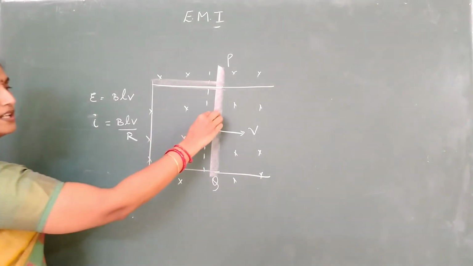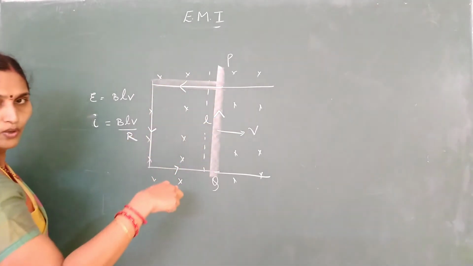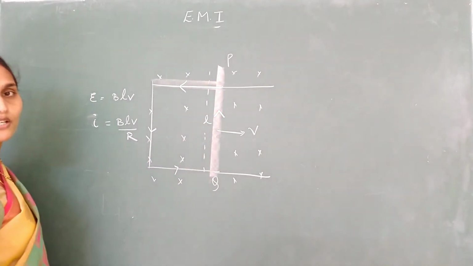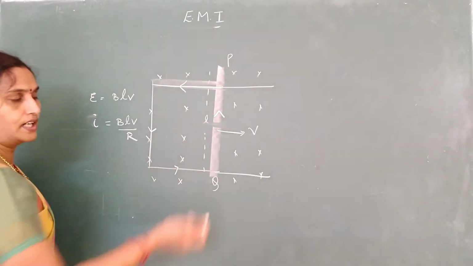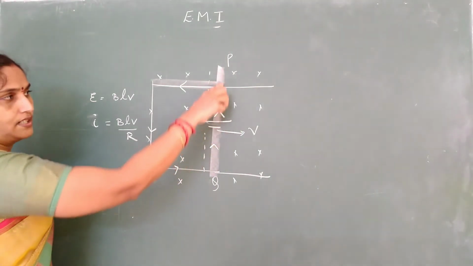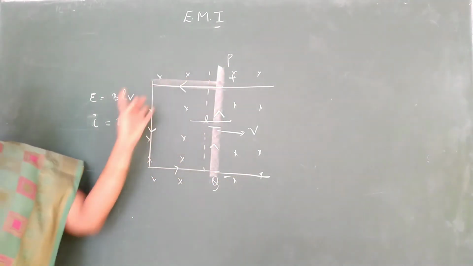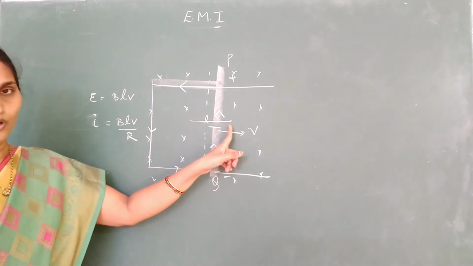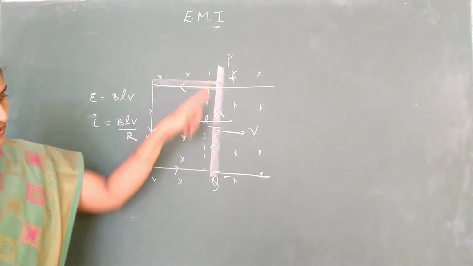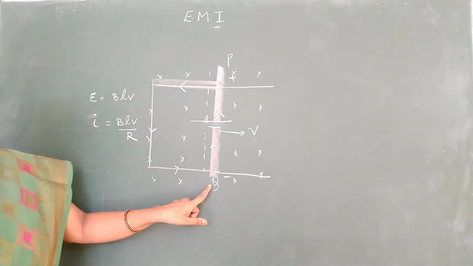So using Fleming's right hand rule, I have got the current as anti-clockwise. And once you know the current, which end of the rod is positive and which end of the rod is negative? Cut the conductor. Current always flows from positive to negative. So this end is positive and this end is negative. Again I repeat, once you know the direction of current, cut the metal rod. Then remember, current always flows away from positive towards negative. So the P end is positive, the Q end is negative.